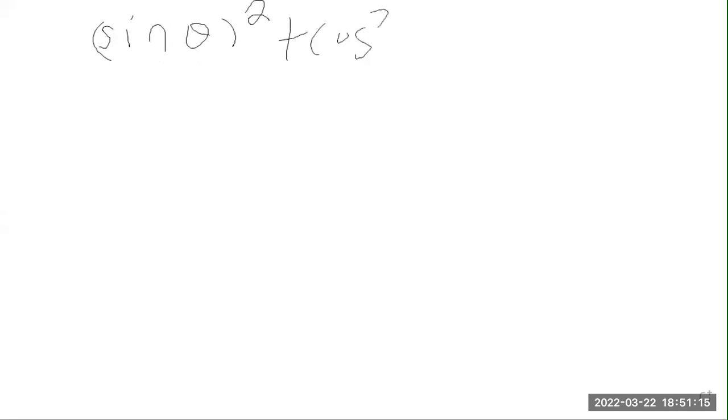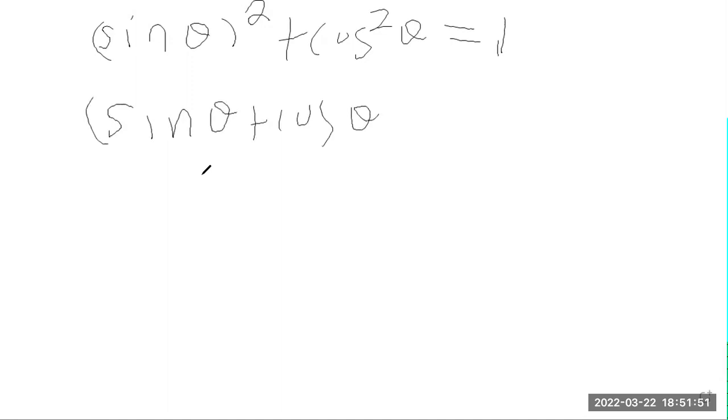So we are left with this. We need to show that sine squared theta plus cosine squared theta is 1, using the information we have before. So first, what can we do to make this easier to understand? We need to be fully aware of square terms in this case. So what we need to write is this: sine theta plus cosine theta, all squared,